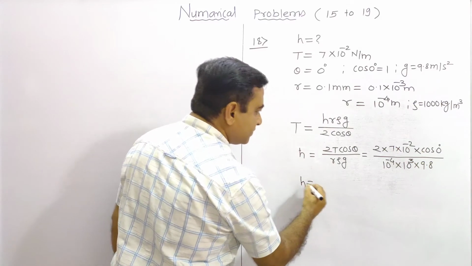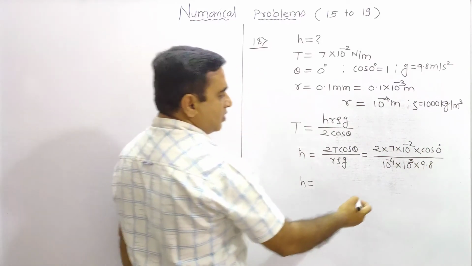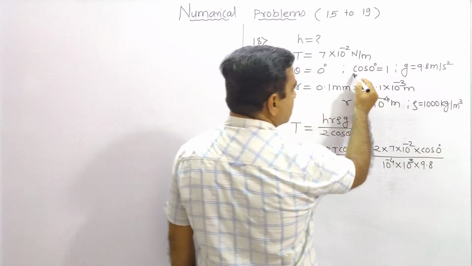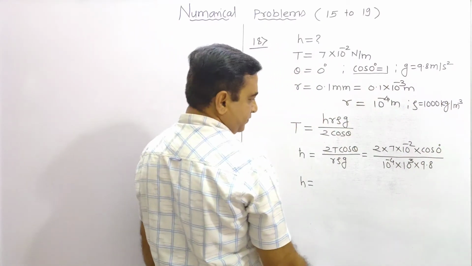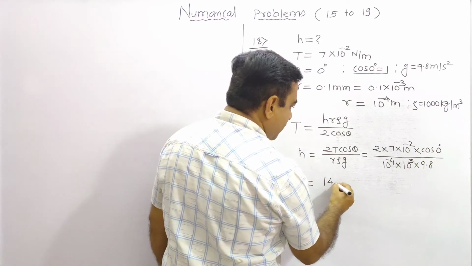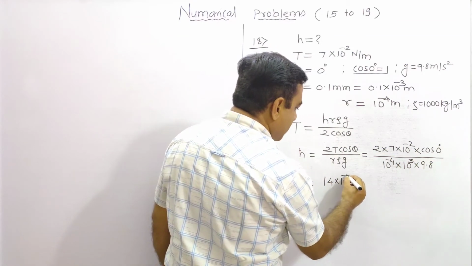So height, collect the powers. Obviously cos of 0 is equal to 1. Already we have substituted that cos of 0 is equal to 1. So 7 into 2, 14. 14 into 10 raised to power minus 2